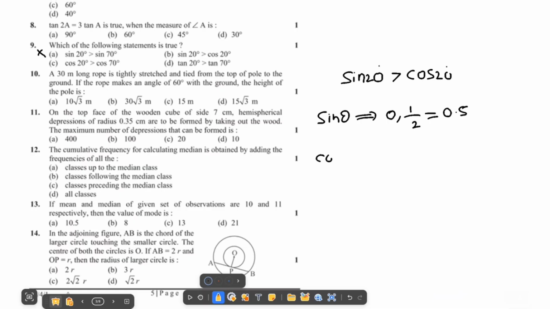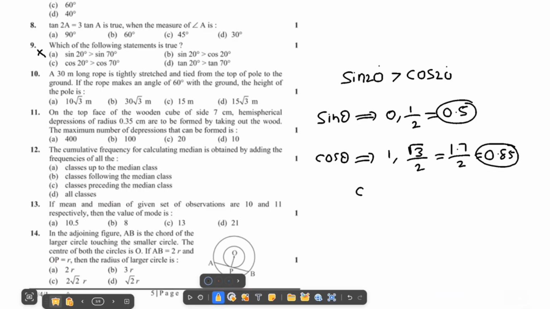Next, cos values. Cos 0 is 1, cos 30 is root 3 by 2. So root 3 by 2, root 3 value is 1.7, for example, 1.7 by 2, so this will be equal to 0.85. So here sin 30 is 0.5, cos 30 is 0.85. That means